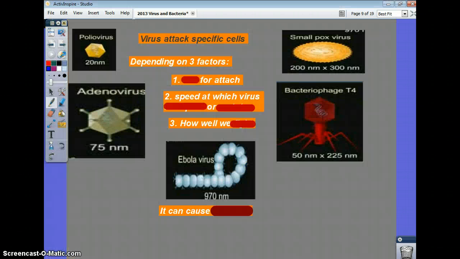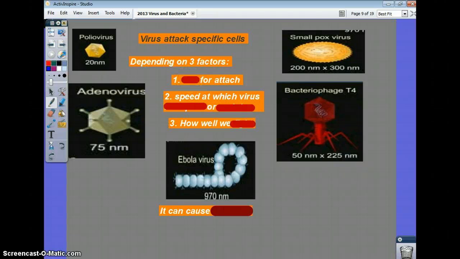So what determines whether a virus is going to cause damage? Viruses are very, very specific, even though we're learning that they transform somewhat. Like, let's say the swine flu. It was specific to what? And now all of a sudden, but we're so similar in that sense that I don't see it being unrealistic. But 3 factors are definitely dependent on whether a virus can attack. And one is, whoops, why is that not moving? Because I'm in pen mode.